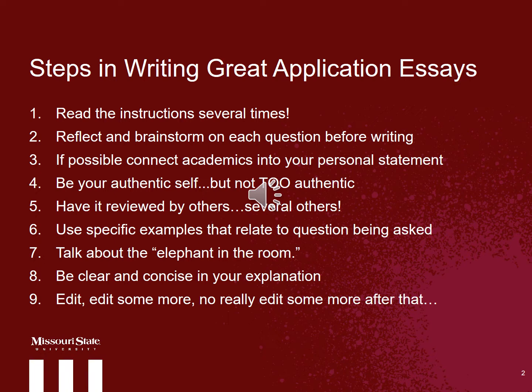The 8th thing is making sure that you're very clear and concise when you explain things. If it tells you that you should only use about 500 words, you only use 500 words, not 501 words. It's better to write short, concise sentences than long and, in your mind, intelligent sentences. So short and concise is better.